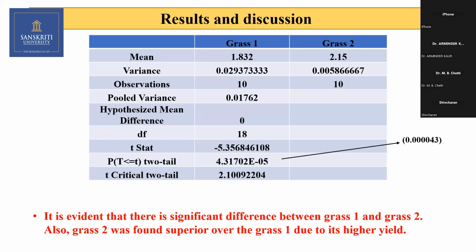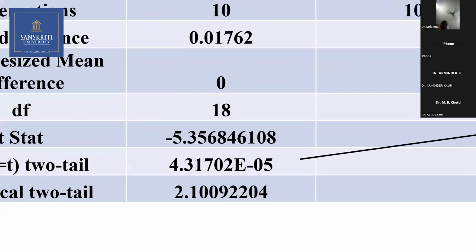It is not only for the t-test, for any test, if the calculated value, in this case 5.35, is the calculated value, whereas 2.10 is the critical value. If the calculated value is greater than the critical value, we reject the null hypothesis. It is beyond the boundary. Had it been within the boundary, we would have accepted this. Whatever difference is there, it is just due to the chance factor, not statistically significant. That is what you need to understand.